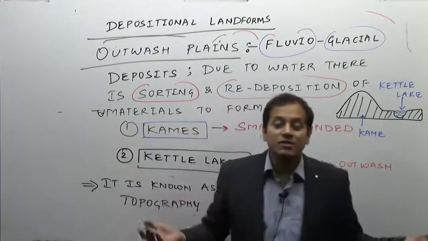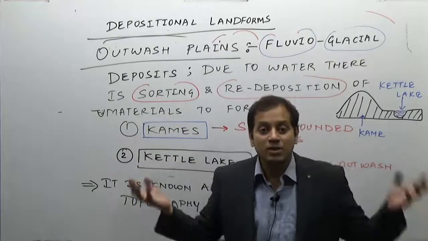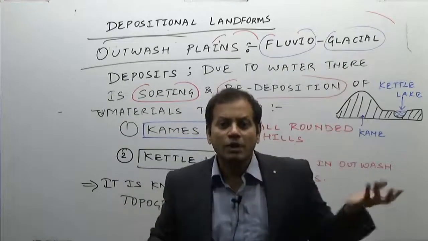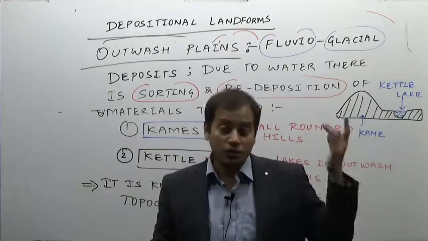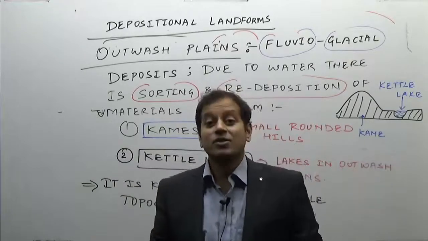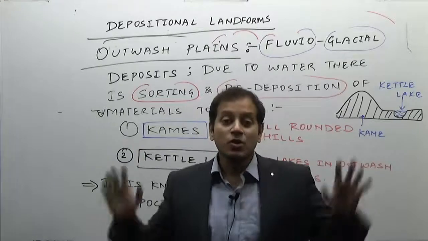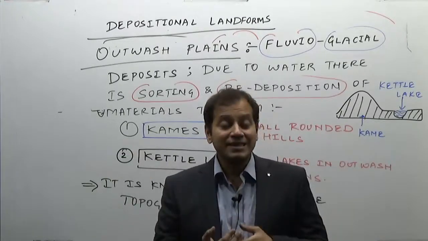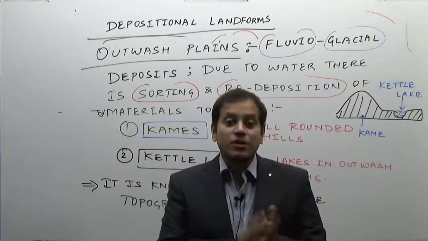Which regions of the world will have the highest potential for waterfall development? Obviously the higher latitude regions. What are the countries? Canada, Norway, Sweden. These are the regions of high waterfall development. So we will come to that while doing economic geography, and also while doing each and every continent separately.